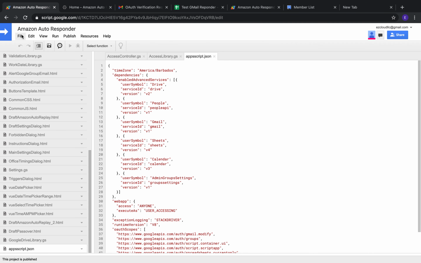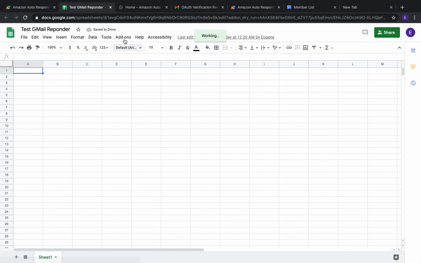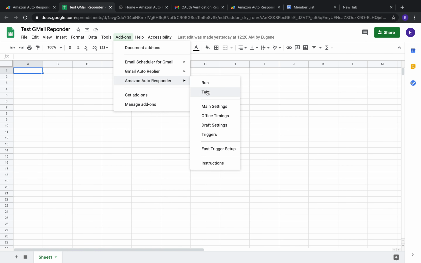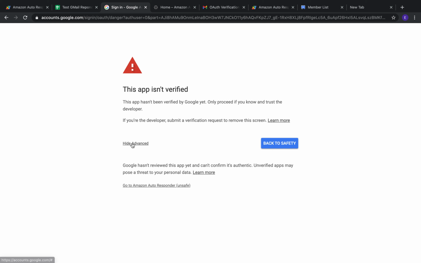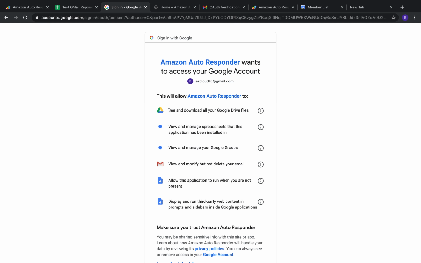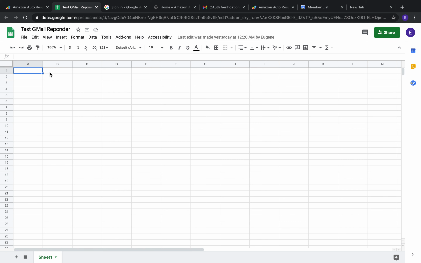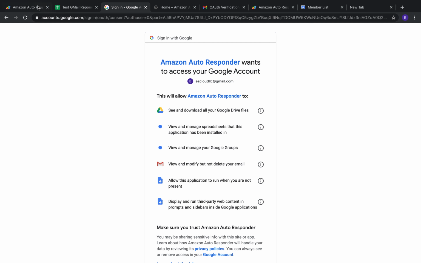So now I installed our application as a test add-on, and then go to the menu item with our app and just click the test item, continue, choose an account, advanced, save. Our application wants to see and download all the Google Drive files, but really we don't need it. We just need to create only one file or use the current active file to print the logs of activity of our application. So really we don't use it, and in the code